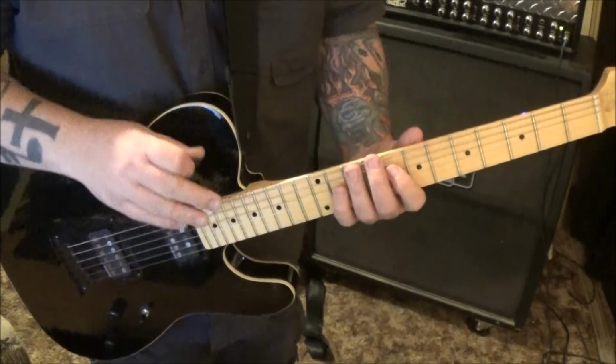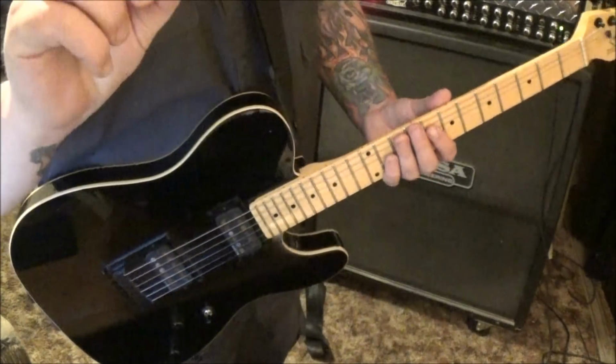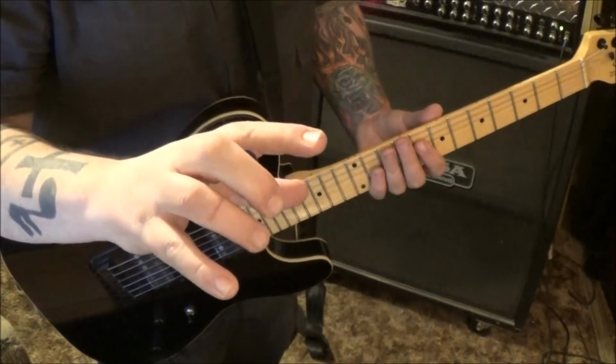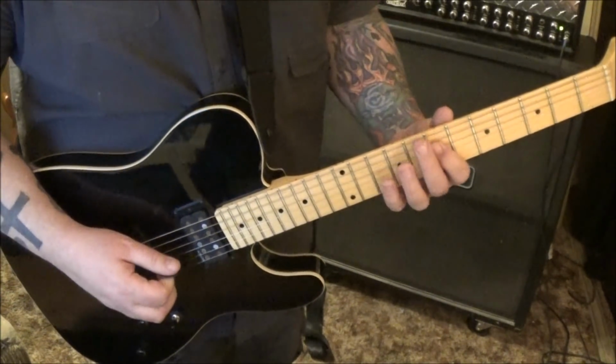Okay, so if you're sliding to your target note and you see the line in your tabs and it has a 10, you don't pick that 10. If there was a 10 written after it, then you would slide to it and pick. So